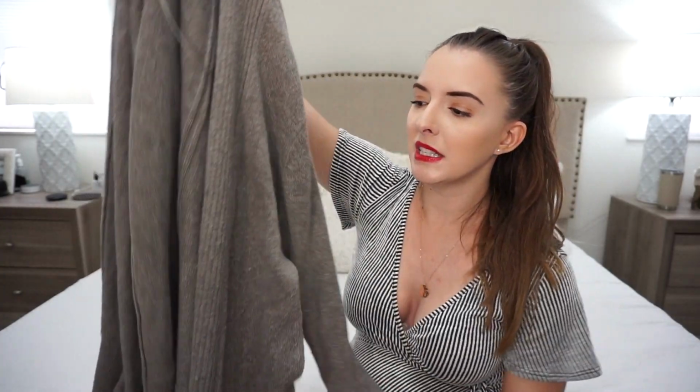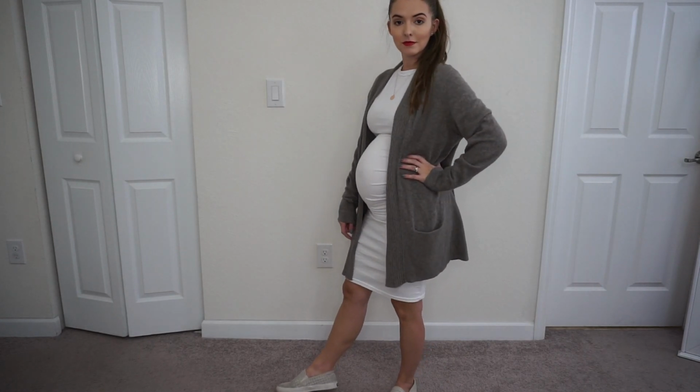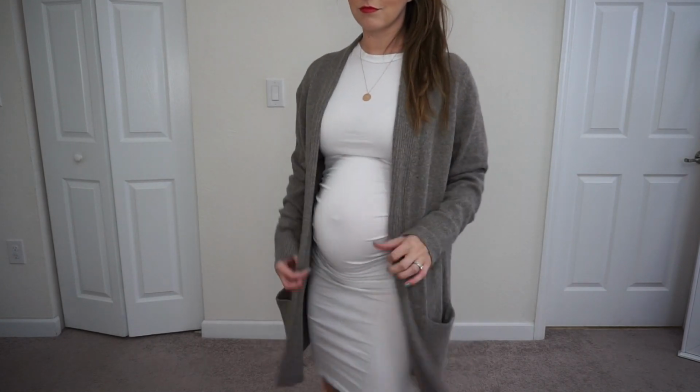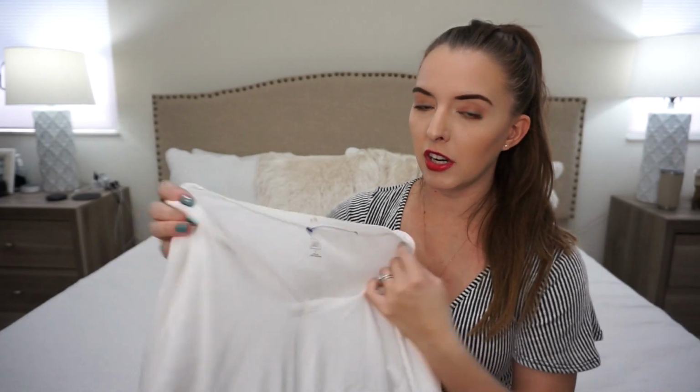And I like this one because I think it's even longer than the other cardigan, and it has pockets on the side. So this one is gonna be great to pair with the same stuff that I would pair the other one with. Right, then I found this shirt, and you guys are gonna think that I'm super